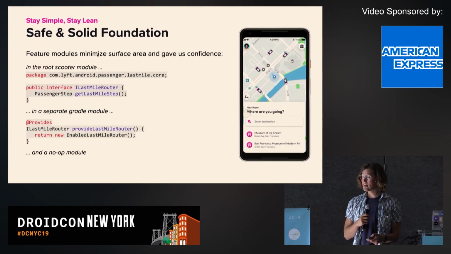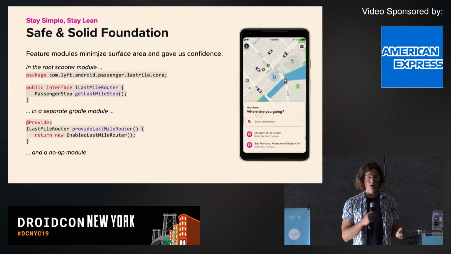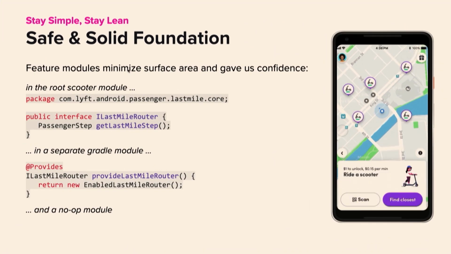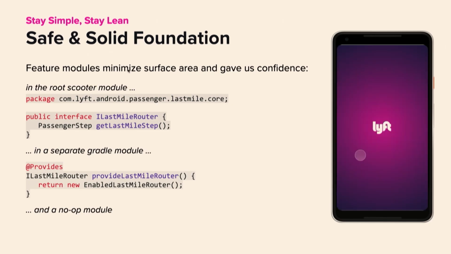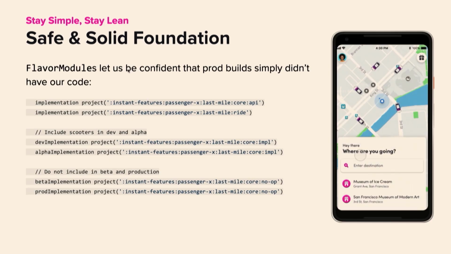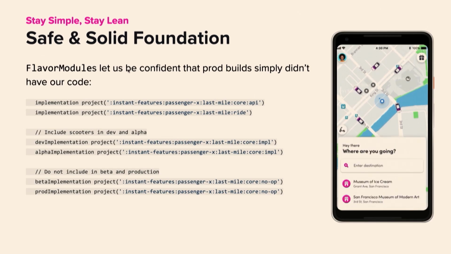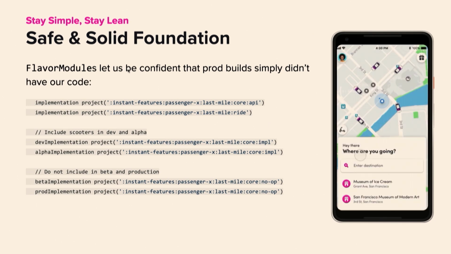So instead, we decided as our foundation that we would go with feature modules. And by that, we took all of our code and hid it behind one implementation API module. And for that module, we made a no-op module that did nothing. And then all of our interaction with our feature had to go through that API module. And then we used flavor modules to either load in the implementation or the no-op. So while we were actively in development before we released, our production got the no-op version. And this meant we could do any crazy things we wanted in our own code base, knowing we weren't going to tank the production app in any way.